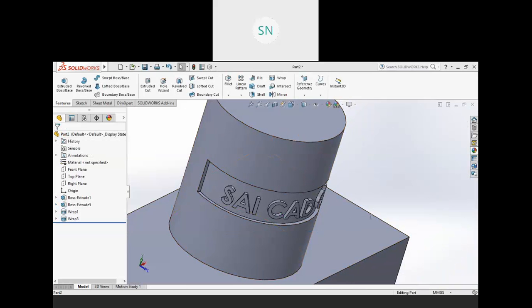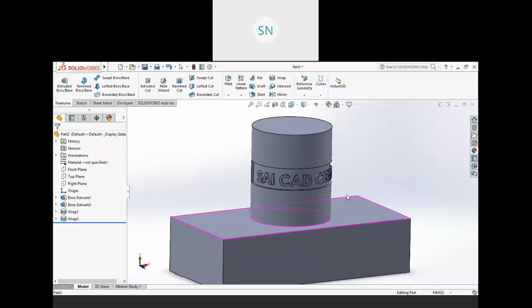Sir, if the sketch is very large compared to the perimeter of the wrapping face. Okay, let me try that. I haven't tried yet. Okay, so let me try that.